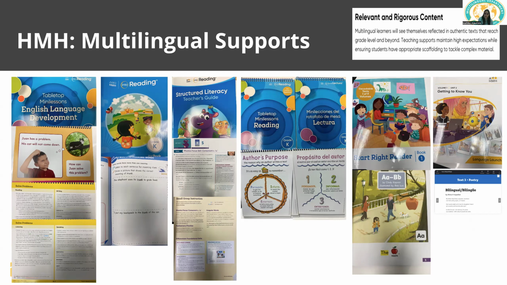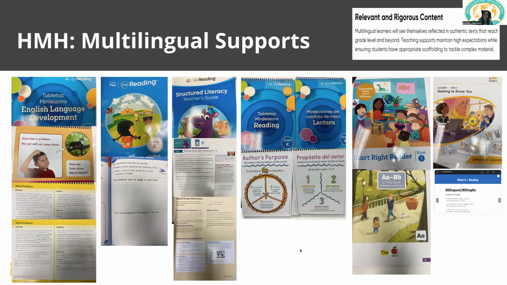And the only reason why I bring up the Spanish version is that even on the English side, I know there was a question here about home language support. Since we have, in dual language schools, the lectura in Spanish, if you're in a strand school, you could pull the mini lesson in Spanish, especially if you have Spanish speakers on the English side, to scaffold learning for them, so that they're able to learn the content side by side with the classroom teachers.